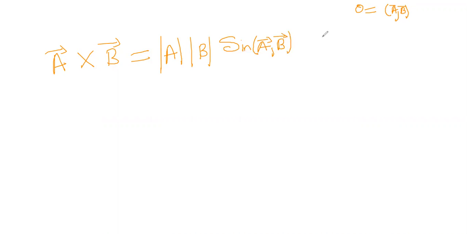Into that, there must be a unit vector n cap. This whole thing is a number, right? Sin theta is a number. Mod A is a number. Mod B is a number. Then where is the vector? Finally, we have to get a vector, so for that you need to put a unit vector. What is n cap? I will tell you now. It is the unit vector